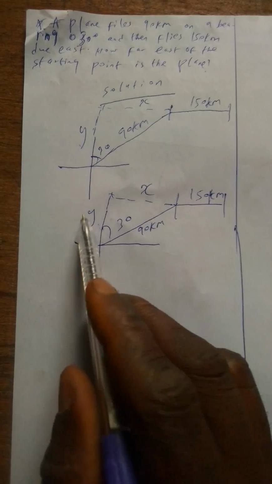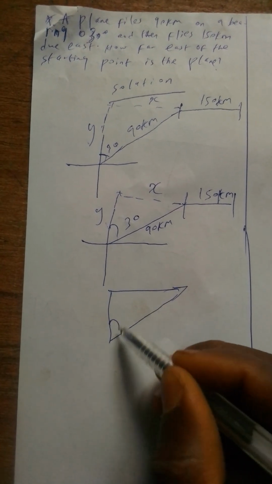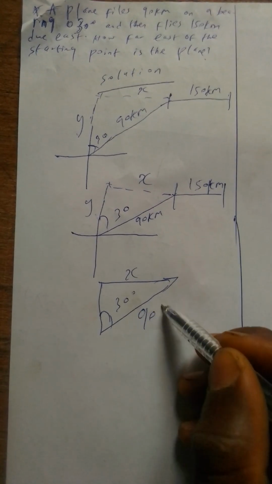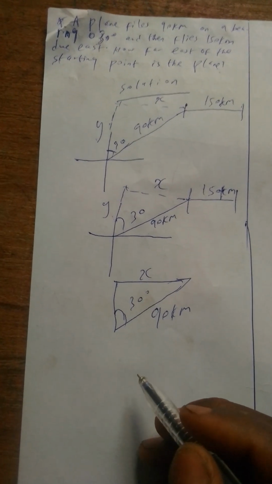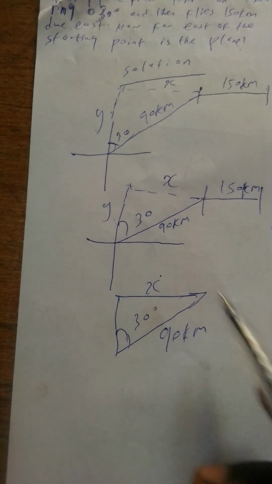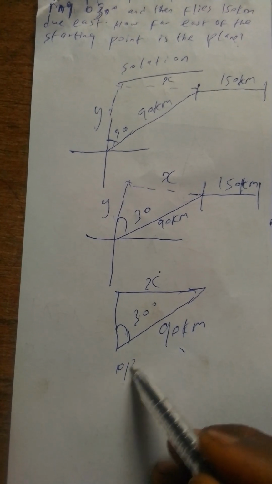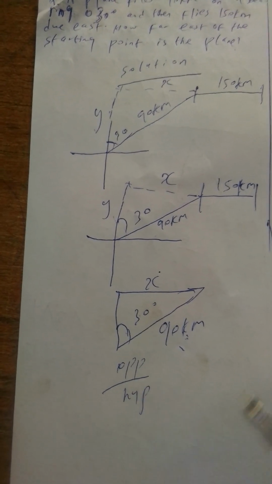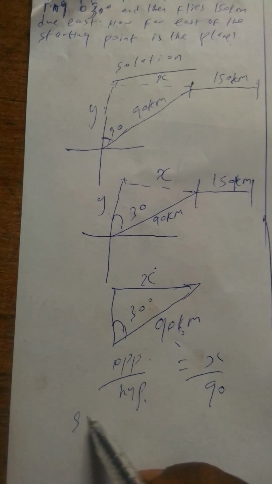Okay, let's bring this out. We don't need this. We have this now. This is the 30 degrees, here is x, and here is 90 kilometer. So having seen this, what formula can we apply here? We have opposite over hypotenuse. Now this is 30 degrees, and x is opposite of 30 degrees, and 90 is the hypotenuse. So it's x all over 90. Opposite over hypotenuse. Now, using SOHCAHTOA,